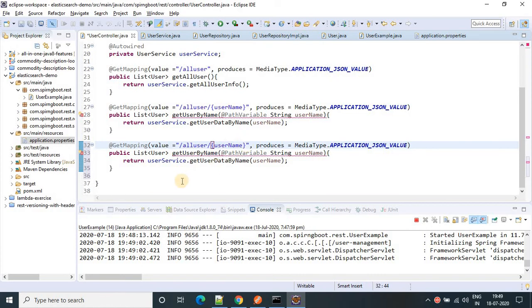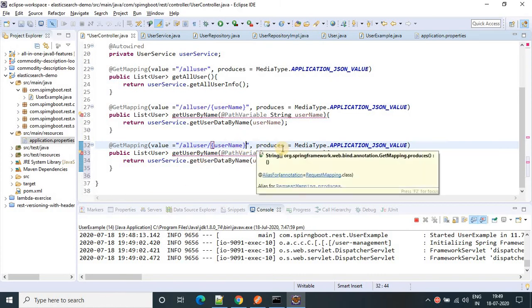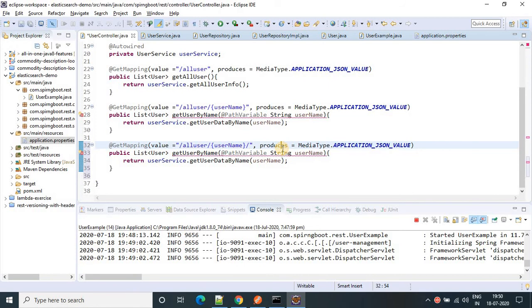So for that, just create a path variable, String address.